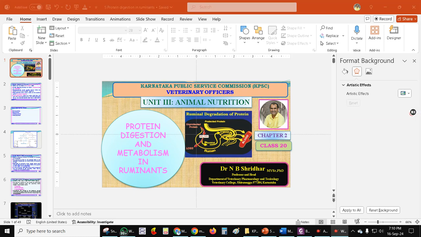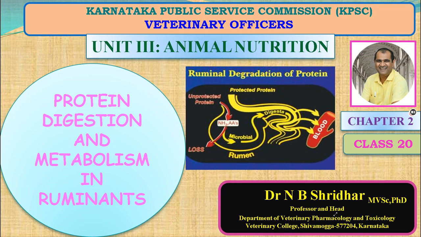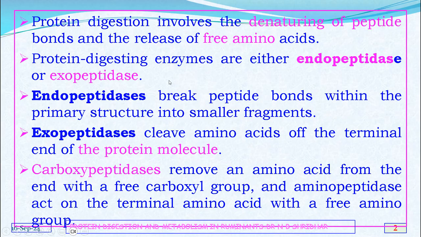what we need to study is ruminant digestion, how it happens, how protein metabolism takes place, and also the different types of the digestive system, especially which digests the proteins, as far as ruminants are concerned. So coming to the first one, protein digestion in general, it involves